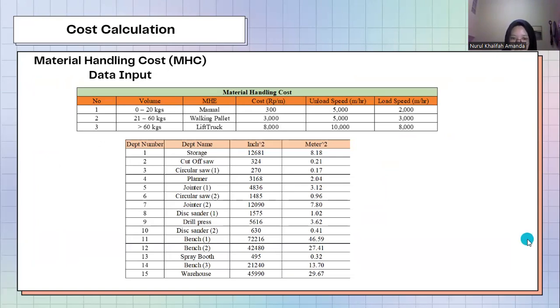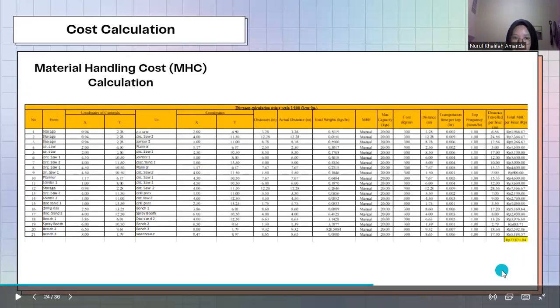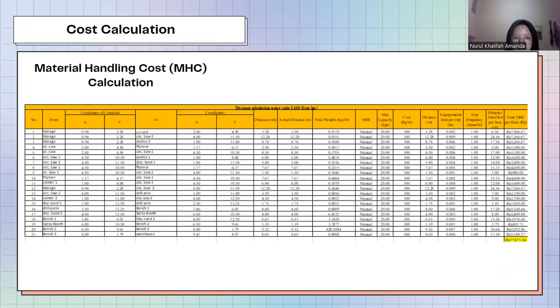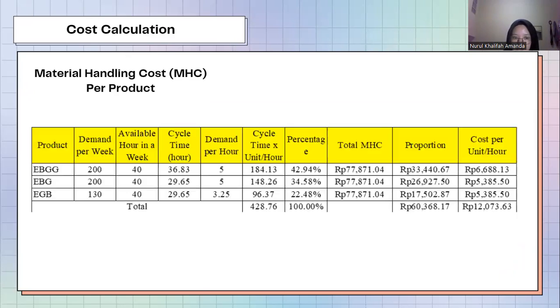Next. And this is the material handling cost calculation. Next. And this is the material handling cost per product, with the total cost per unit per hour of 12,000.73 rupiah.